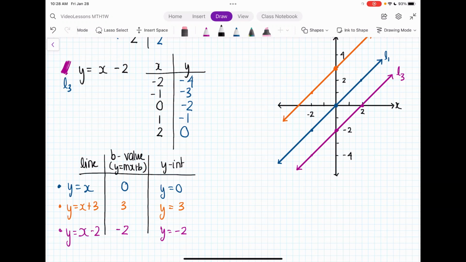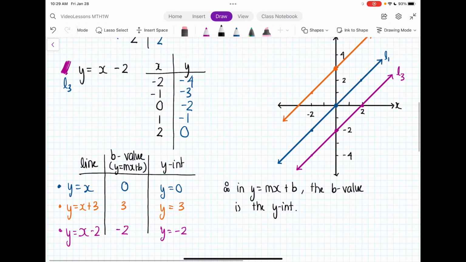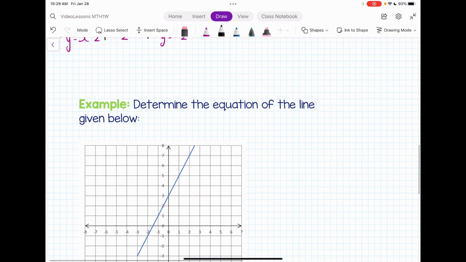All right, so what I'm hoping you would have noticed is that in y equals mx plus b, the b value is the y-intercept. Okay? All right, awesome. So now we're going to do another set